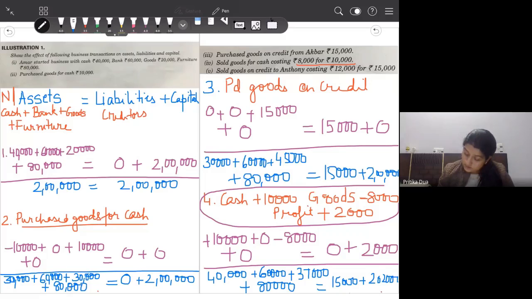So we check the total of both the sides. Is it verifying, class? 120, 180 and 217. Yes, 2,17,000 is the total of both the sides. So let us halt here. First, pay attention, especially the non-commerce students who are doing this for the first